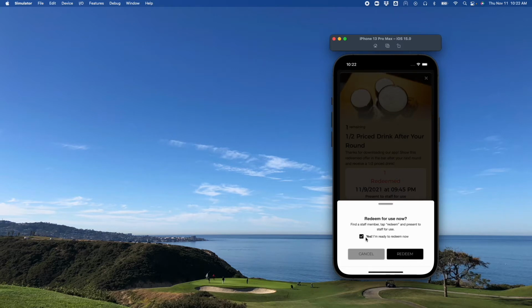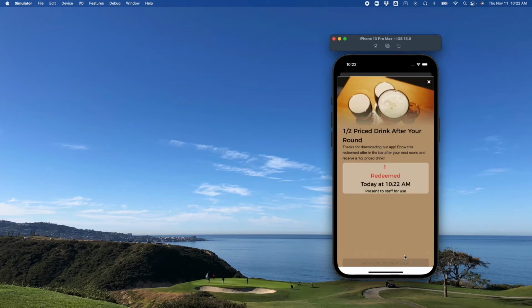On this page, if you had multiple uses, you'd also be able to select how many uses you'd like to use at this moment, and you can hit Redeem. At that point, the app will take a moment to load, and then it will show you the confirmation with a timestamp of when you actually redeemed it. Now at this point I'm going to turn my device around and I'm going to show the staff member. Instead of today, it will actually have a date on it so that you can confirm that it's actually today. And the staff member is going to confirm that it just happened right now,